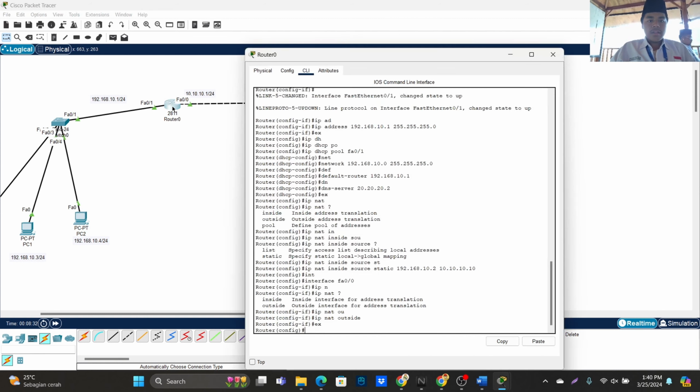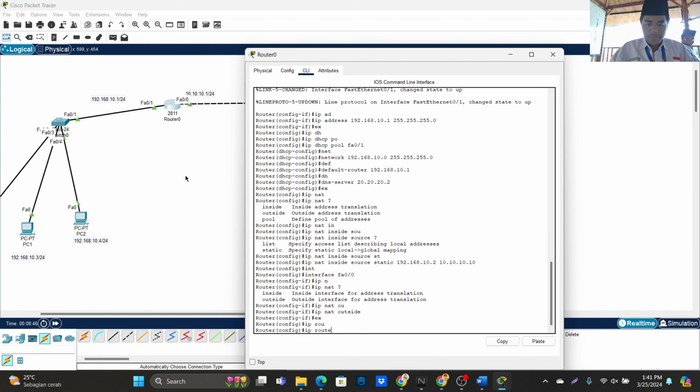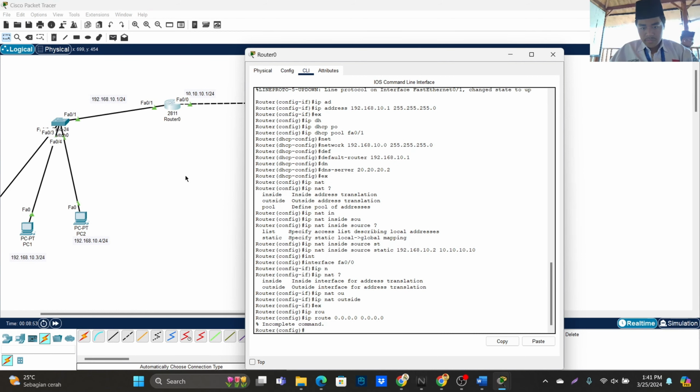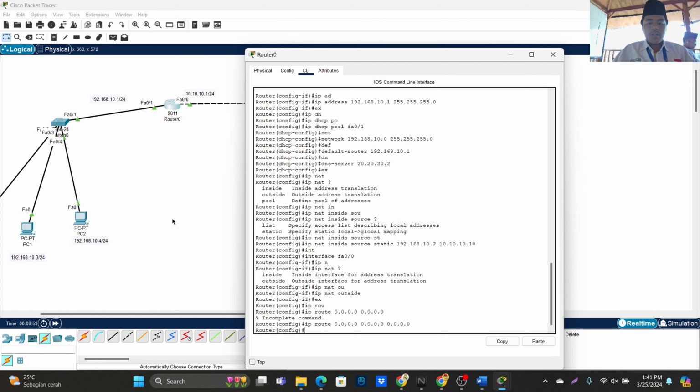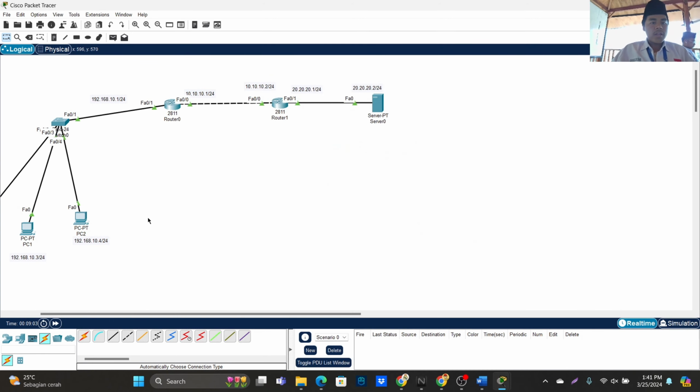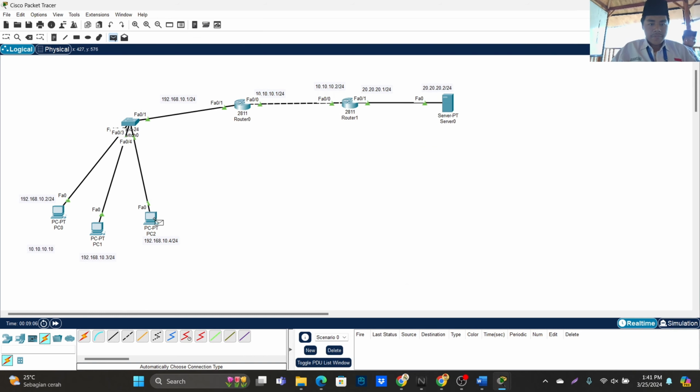Then we give the default route, IP route 0.0.0.0. Now if it's already like that, we can try to ping from each PC.